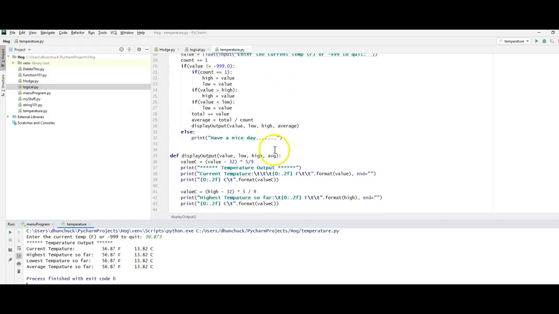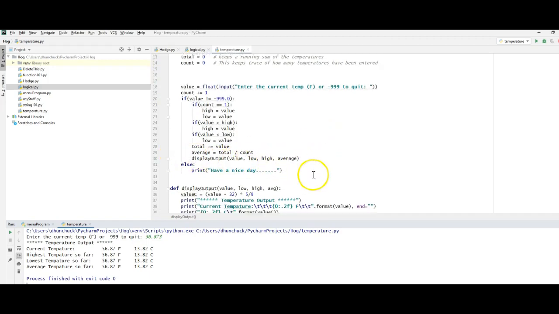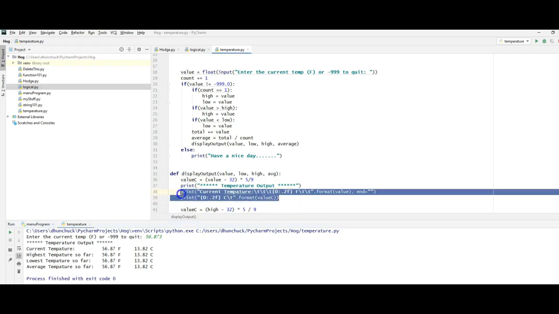Okay, so now let's talk about displaying the output. So I pass the value, the low, the high, and the average. I come in and I catch it. First thing I do is compute the value in Celsius. This is a one-time label. And now, this right here actually took a little bit of time to think about. It's going to be current temperature. I tab over for alignment. I use the format specifier for the 0th position, which is the only position over here,